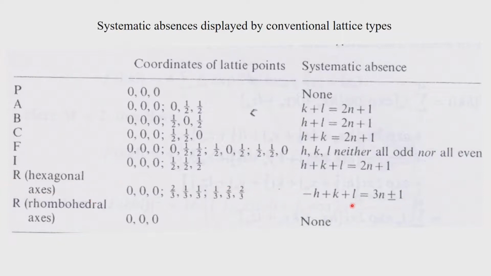but you should know that systematic absences can occur in a rhombohedral system, not in a hexagonal system, and particularly when the rhombohedral axes are referred to. Straight away, if we describe the system in rhombohedral axis, then there is none. But if we describe the rhombohedral axis in a hexagonal system, that means we have a rhombohedral system, but we say a equals b not equal to c, alpha beta are 90 degrees, gamma 120 degrees. That is the unit cell we fix. That means we now have actually a rhombohedral cell, but we have fixed it in a hexagonal lattice.